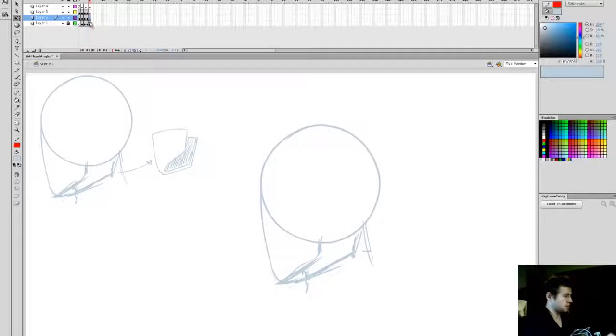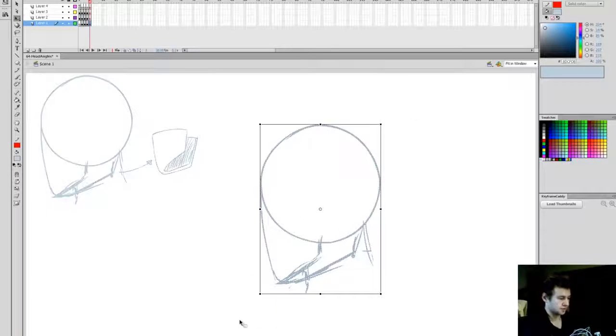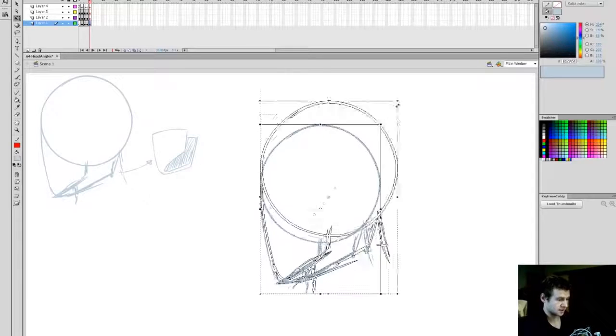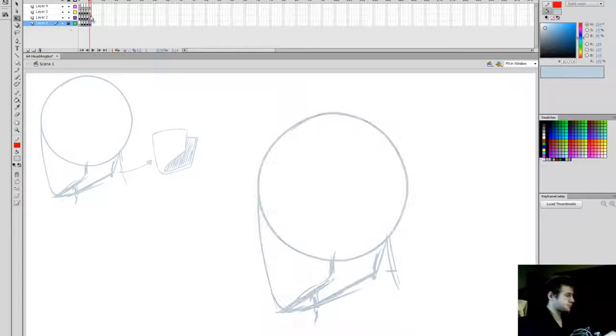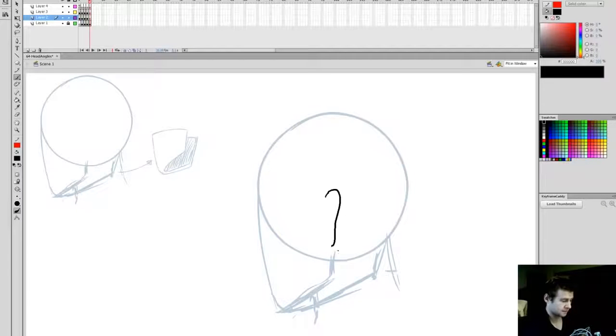So now I'll draw the actual head that I want to draw. I'll make this one a bit bigger so you can see how it turns out. Lock that. And then when I'm drawing the features, I've got the ear. Again, I have a tutorial on ears, so if you want to check that out, feel free to check it out. And one of the defining features to show where the eyes are is the brow, but because the eyes are going to be fairly invisible, if not entirely invisible, I'm just going to draw that, and the cheekbone goes straight